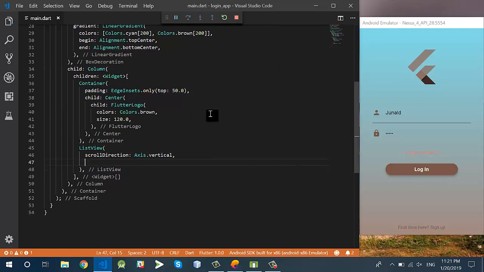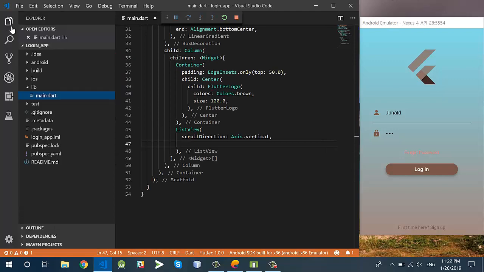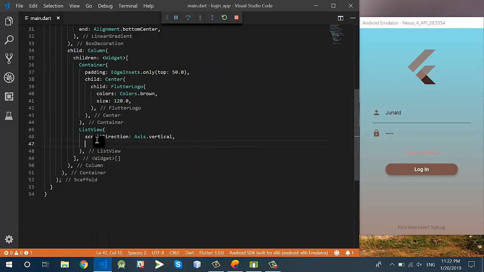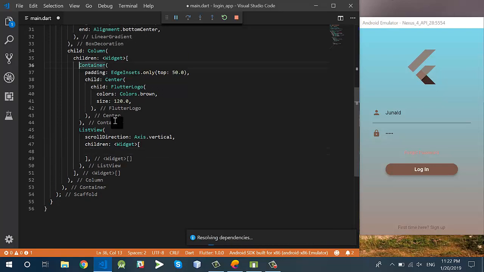After this I have a ListView, and this ListView has a scrolling direction, which is vertical. The ListView contains many children, like a text box, a divider, and again a text box for the password section, and then a text, and then a Flutter login button, and after that a text for the sign up page. So first of all I will create a text section,